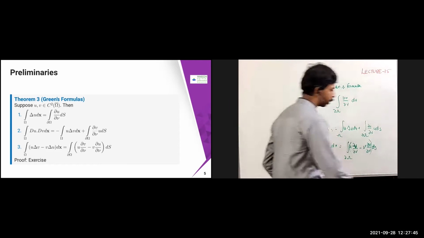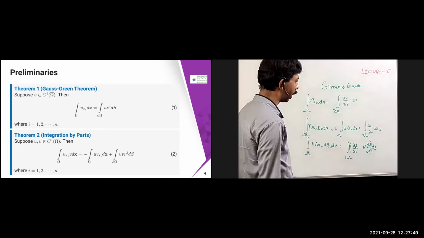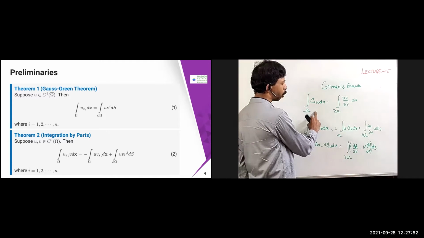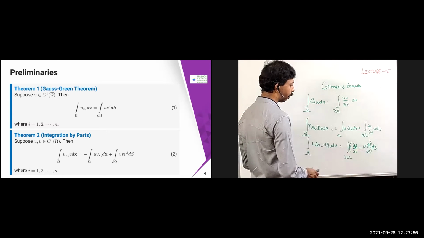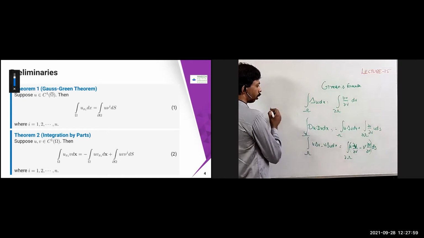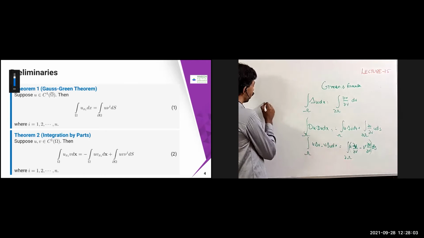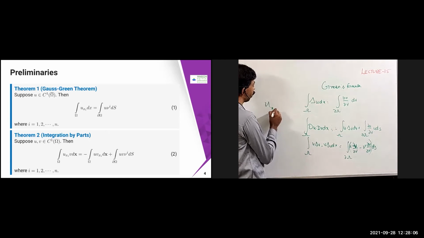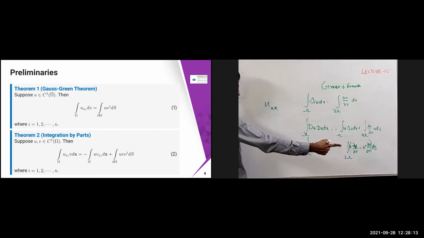Del u by del x, del u into dx, you can get it from the uxi thing. Okay, uxi dx is there, right? So you apply that over here. Del u is nothing but uxi, xi is going to come. So you can apply integration by parts. Del u is nothing but you can just calculate what is uxi, xi. Use the uxi v dx formula, and then you can get that. So that is one thing.